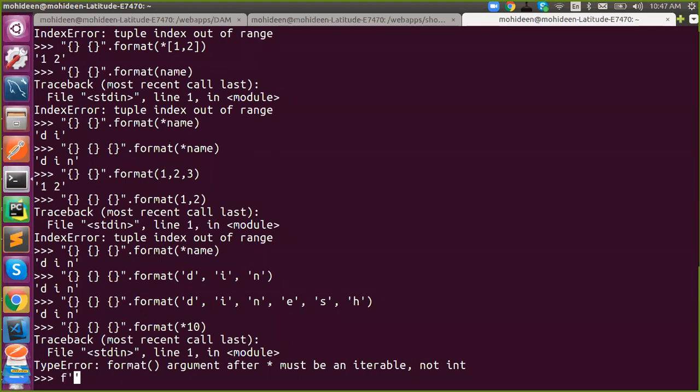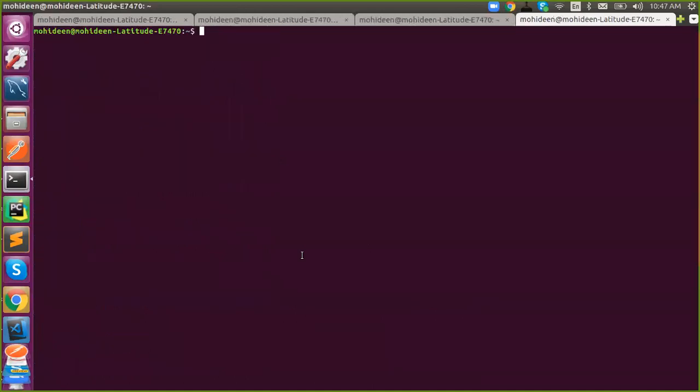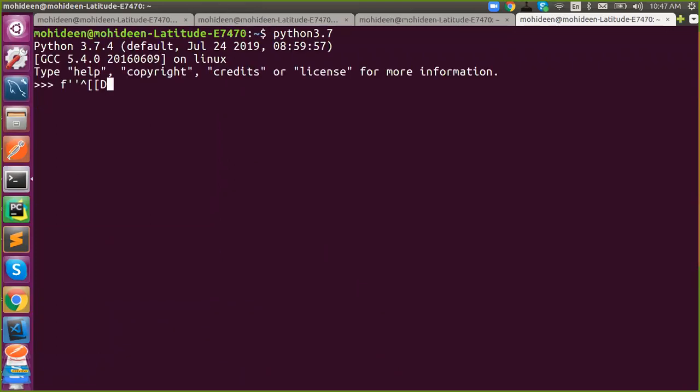So this will be something like that. This is the syntax for that. So it won't work with my previous version. So here it will raise an error. It says syntax error, but the exact syntax will work with Python 3.7 and above. So the exact syntax will work here.